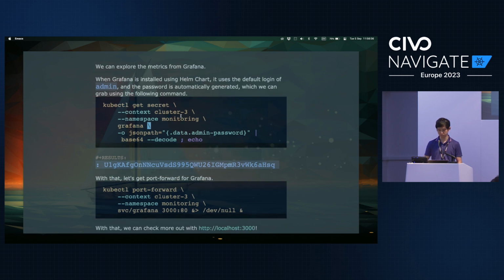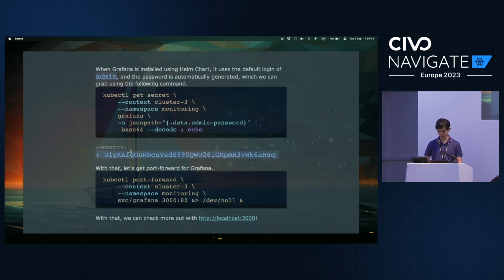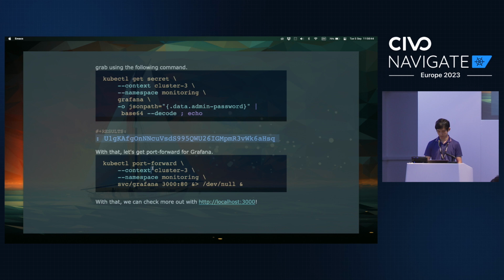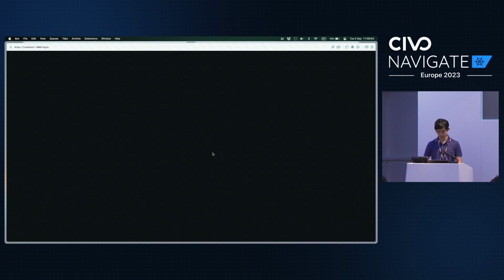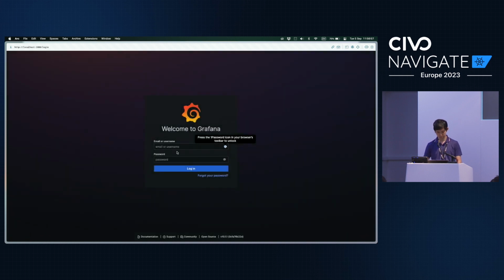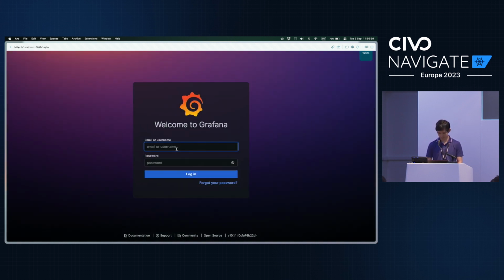If you install Grafana from the Helm chart, you get a randomly generated password, so this is going to be the password. If I do a port forward for 3000 against Grafana 80, hopefully this is going to open up Grafana. It's a good sign that it's opened up.